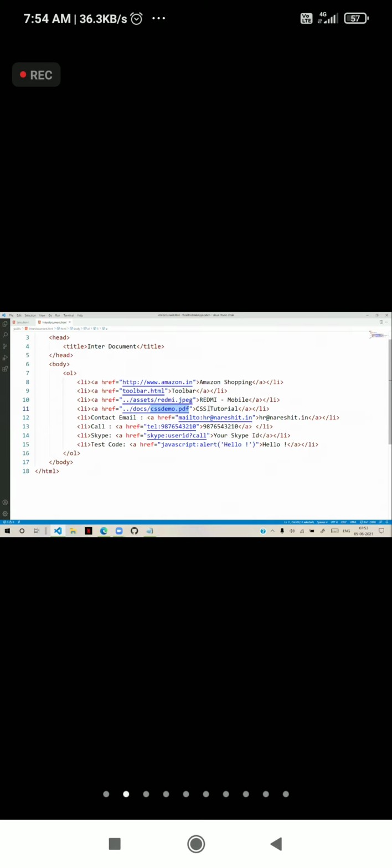So why? Because generally you should know that a browser can open and show any document only when it has the relevant plugin. A plugin is nothing but a software that is used to run certain types of files. And generally in old version browsers, and even modern browsers sometimes, the plugins are uninstalled or not present.